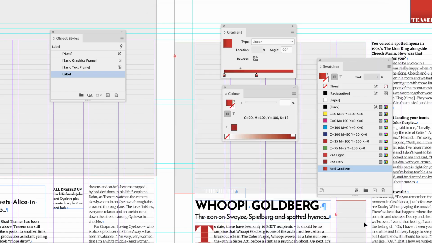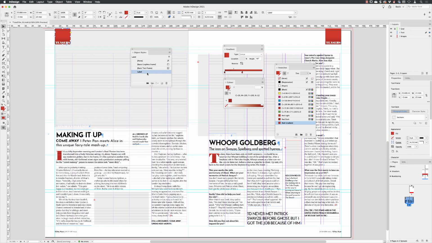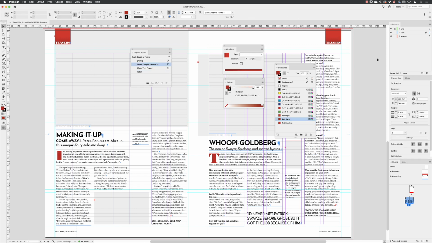When I hover over and click on OK, that now generates that style. I can hover over the other one and then click on Label, and those will now be applied with the same formatting. If in the future I wish to change that, I can hover my cursor over the word Label,